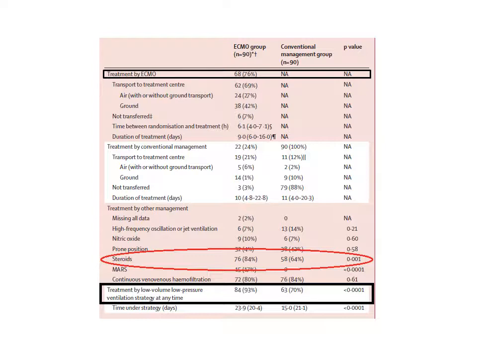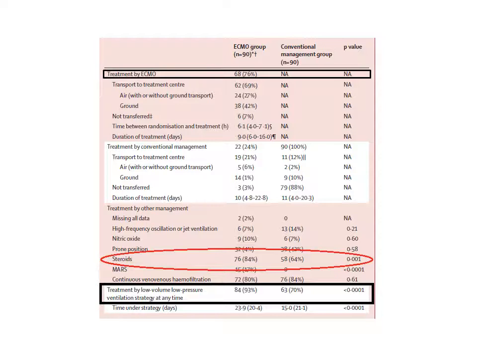Now that says that there were only 68 patients in the ECMO group who were treated by ECMO. So there were 22 patients in that ECMO group who ended up actually never receiving ECMO. And that is also pointed out in the treatment by conventional management row, where 22 patients out of 90 in the ECMO group received conventional ventilation, whereas every patient in the conventional ventilation group received mechanical ventilation. So how should you